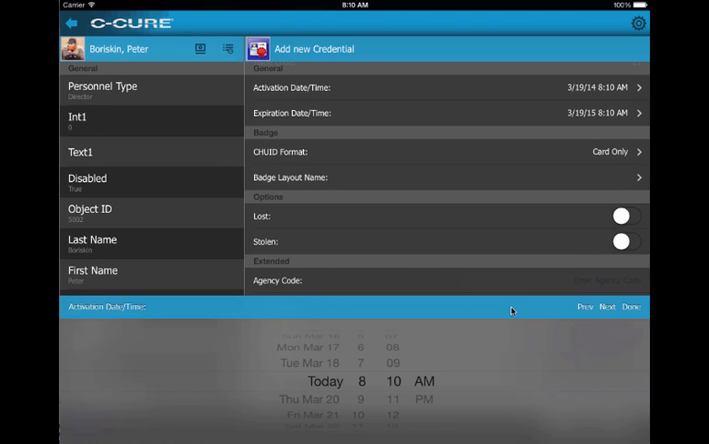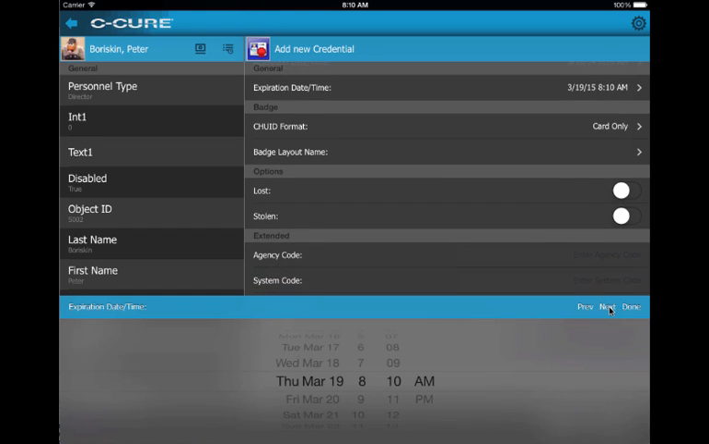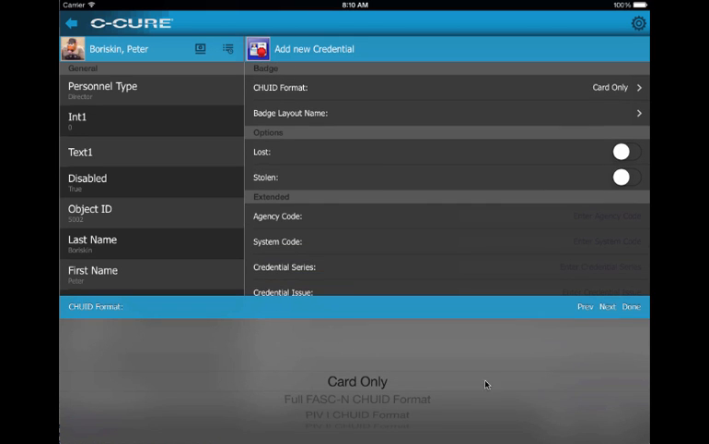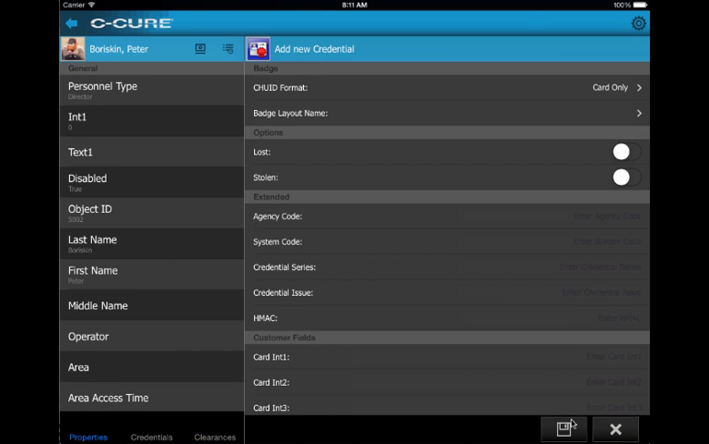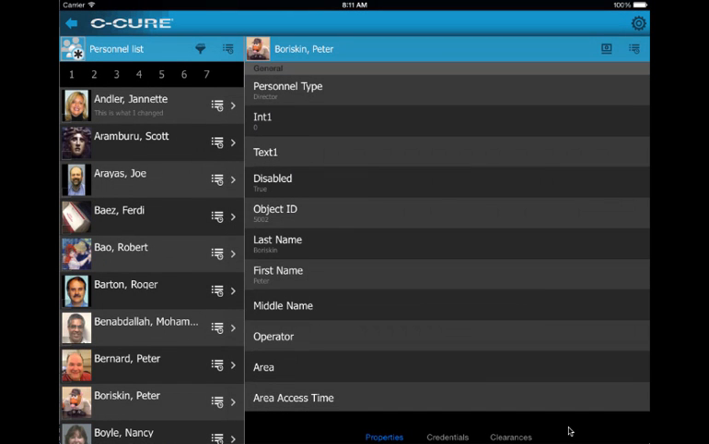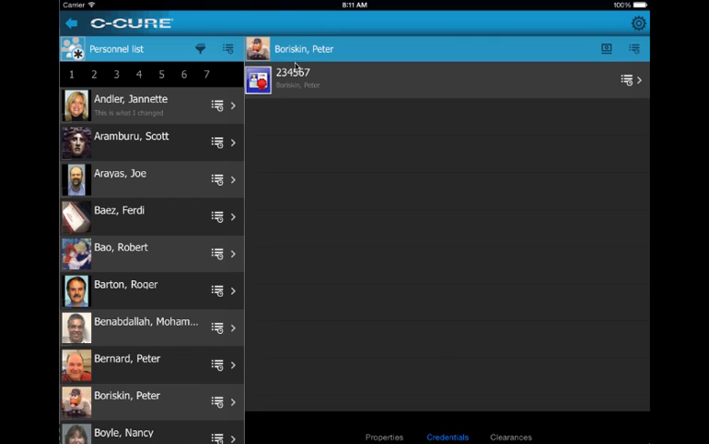It says what is the activation date. We're going to choose right now. We're going to go to the next field, and as the expiration date, we can see here that it's a year from now. I'm fine with that. We go to the next. We know it's card only. There's another pick. So more or less, for the sake of convenience, we are done now. We go ahead and hit save. We'll go take a look, and we should see here our brand new created credential associated with this person, and